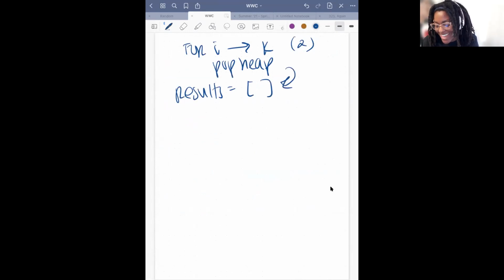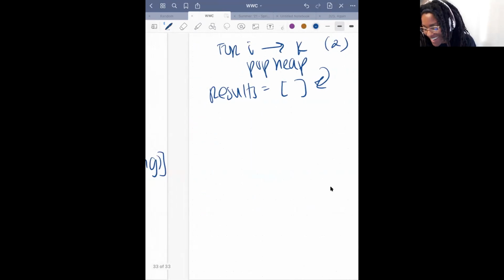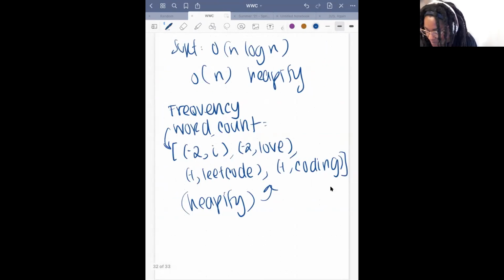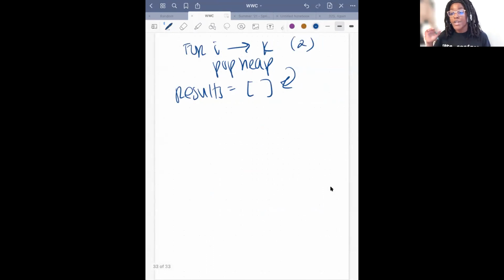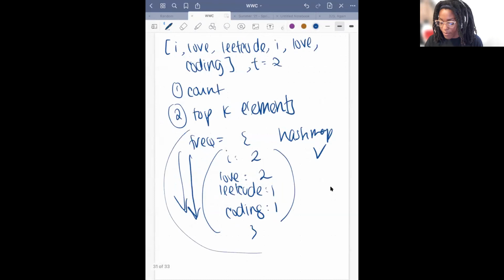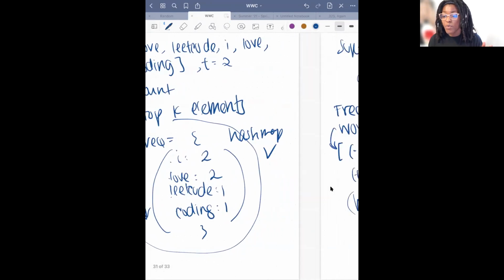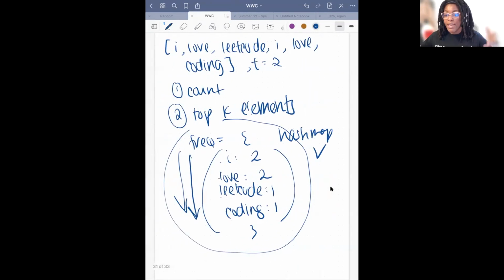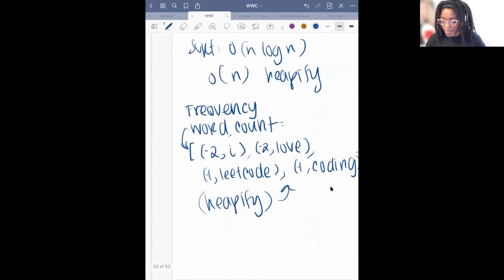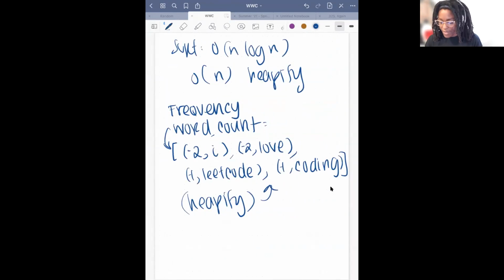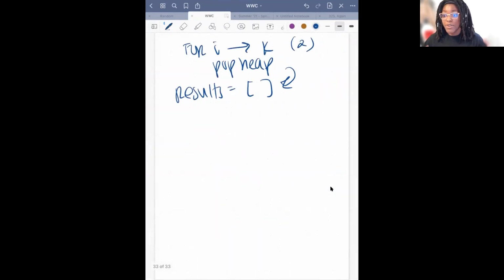This is so messy, I apologize. I should have figured out a game plan of writing this before I just started writing. Okay, so what did I just say? We're going to count the frequency of the words and map it to the keys, right? And that's what we did here. We mapped the frequency to keys, just like Ashika said. Then we're going to collect those values and put them into an array, because in order to heapify, you have to have an array first. Cool. Once we have that heapified,